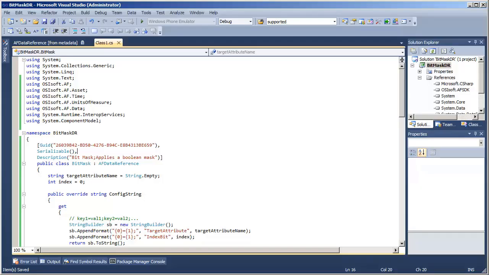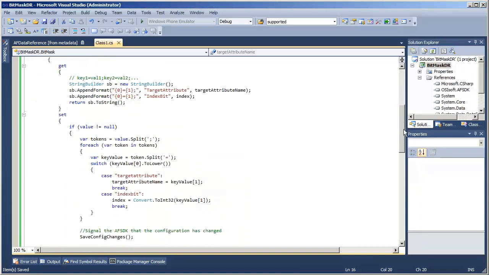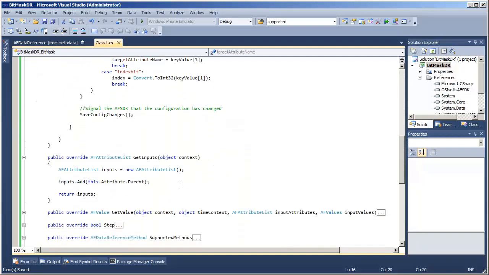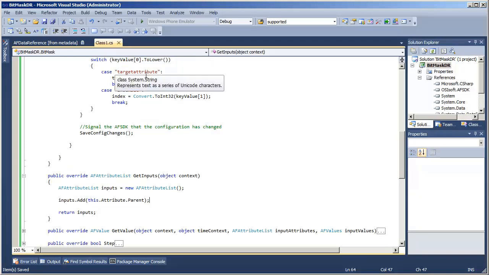Back in our code, we currently derive that input attribute only as our parent attribute. We don't handle the case where someone actually specified some other target attribute to use. So let's fix that.